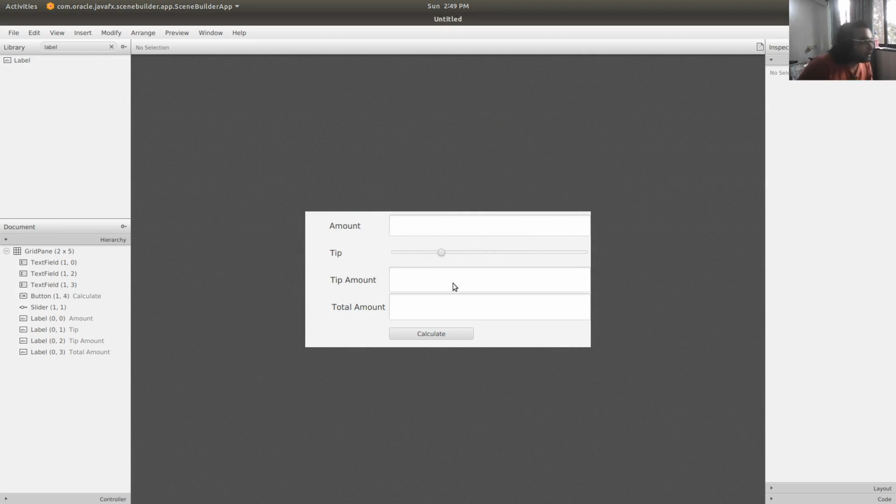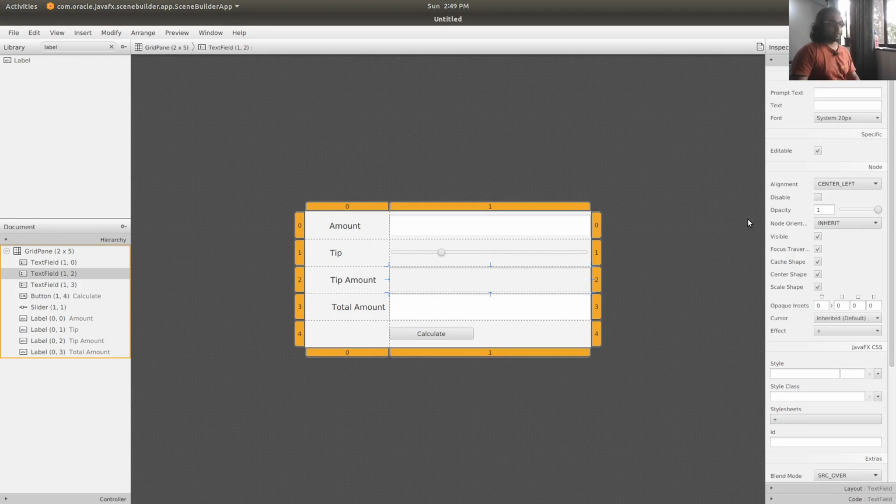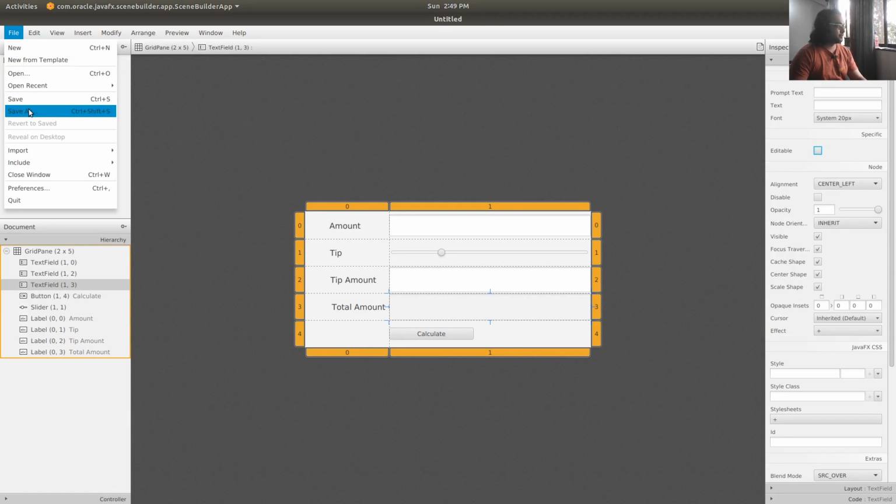As this tip amount and total amount are going to be calculated by the application, so these fields are going to be non editable. Same here. And I will save the file as